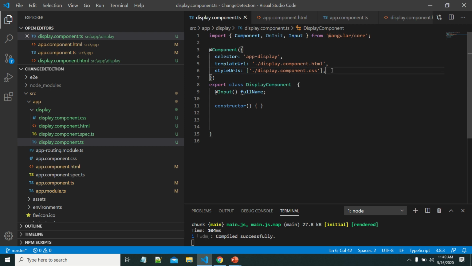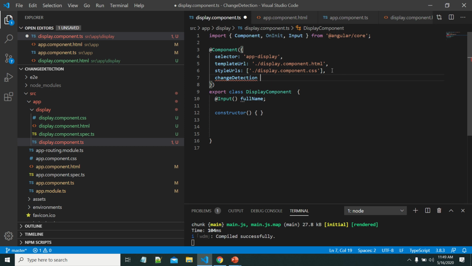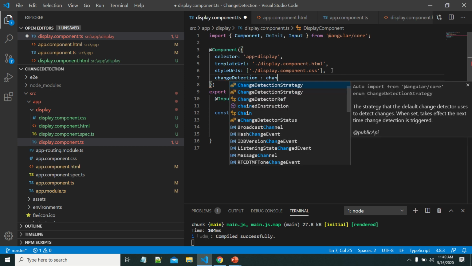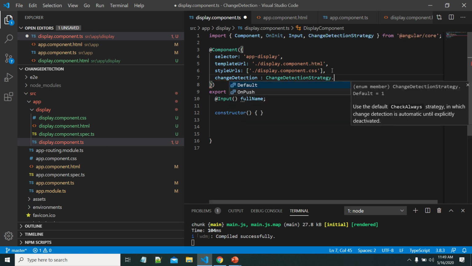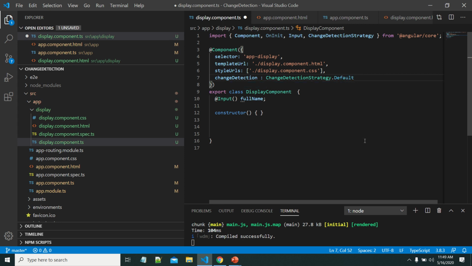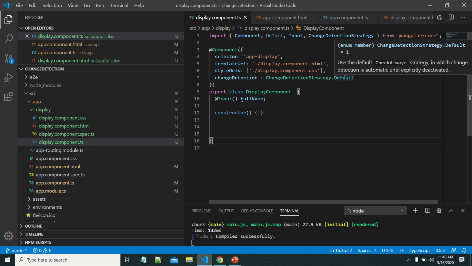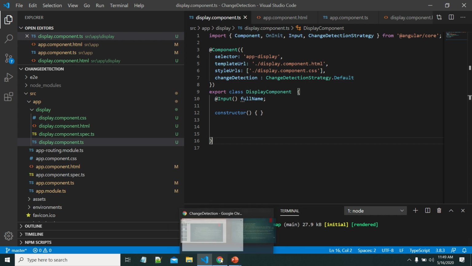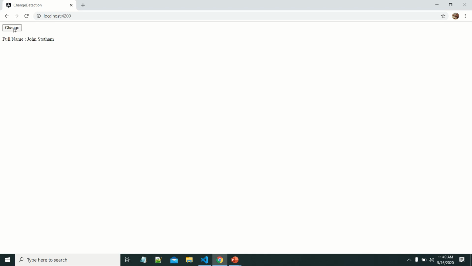Let me try to modify this change detection strategy to Default. Even if you don't define anything, that will be taken as default only. Now it runs as the previous one.